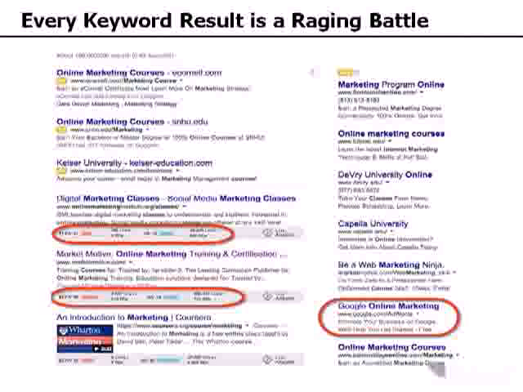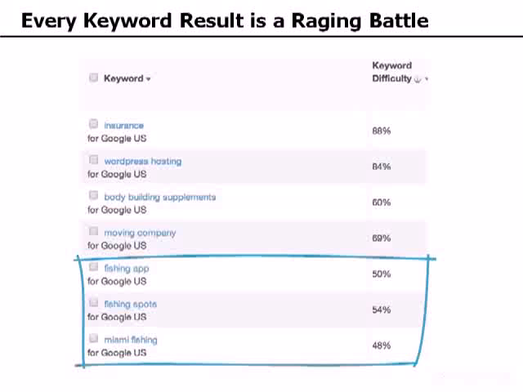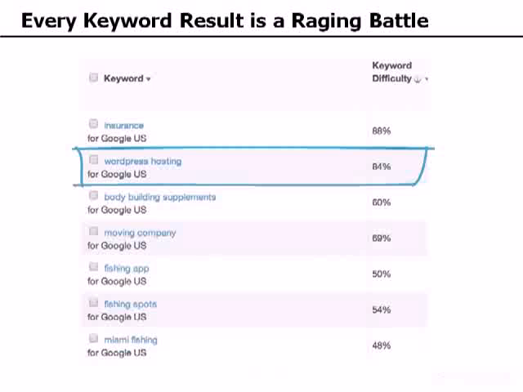And to be competitive, we need to know that we're in that same range in terms of unique linking domains, root domains, domain authority, page authority, etc. We need to be able to look at the keyword difficulty for a search result like this and compare it. And you can see how competitive some things are versus other things. If we're working within the fishing industry, obviously we can be in that 50th percentile. But if we're trying to rank for WordPress hosting, we need to be in that 70th, 80th percentile to truly